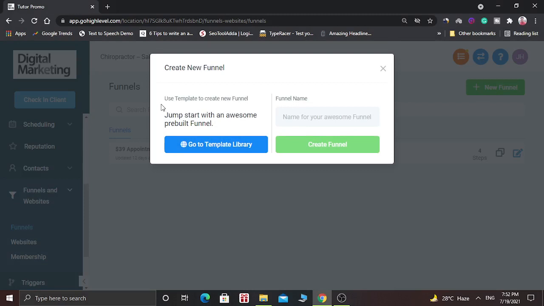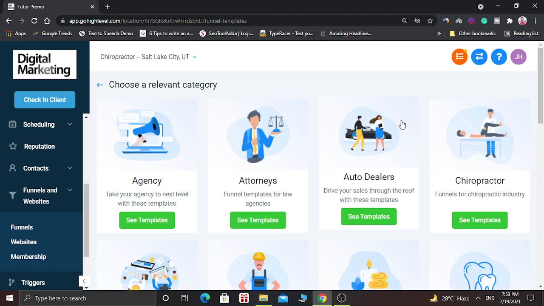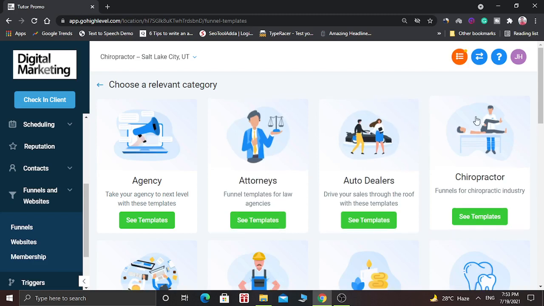Here it says use template to create a new funnel. Jump start with an awesome pre-built funnel, or you can create a new funnel. To go to the template library, click on this button. Here you will find lots of pre-made templates,